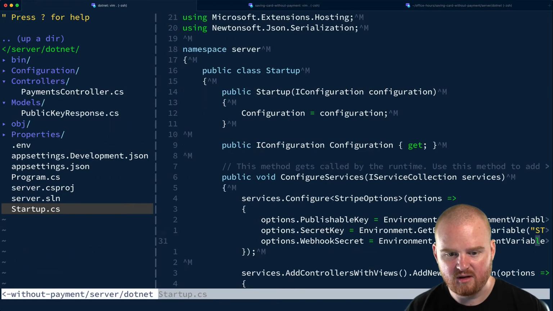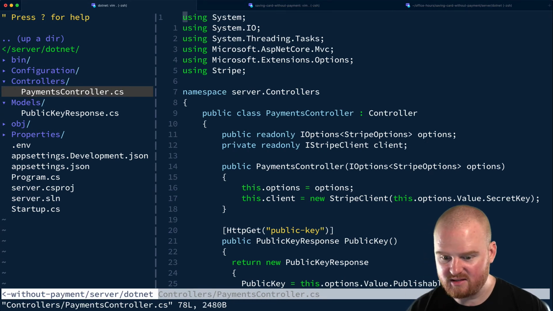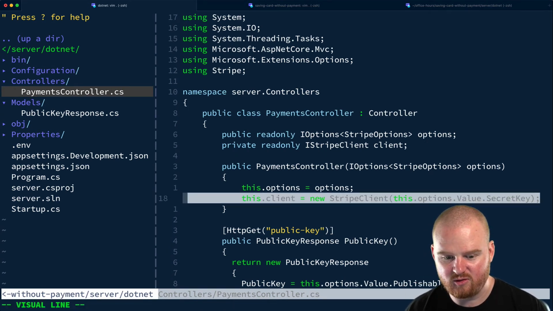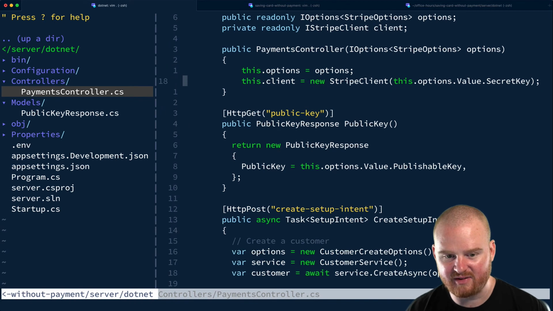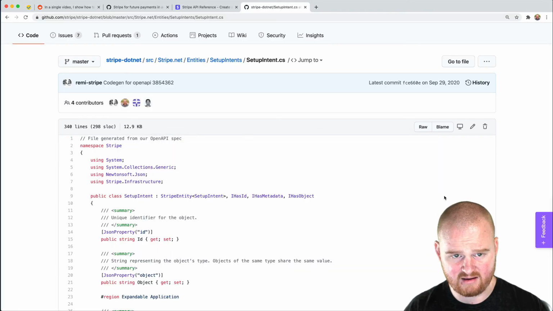All right, so what's happening is that there's two different ways that you can specify API keys. By default, if you create an instance of a client, then you need to use that client directly with your API key, or you can globally set the API key. So here what I did was I created an instance of a Stripe client, but then I didn't actually use it. I used these services which are depending on that global default. So let's go look at